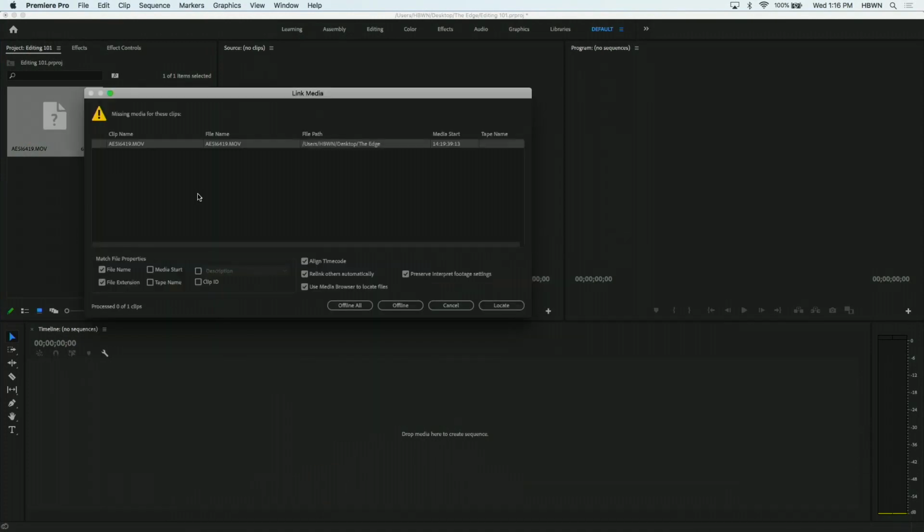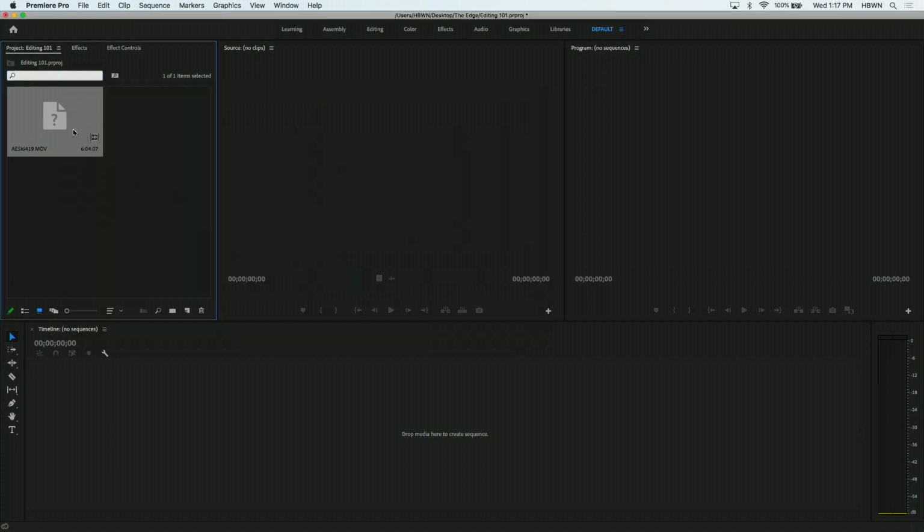So that's very, very important, especially when you're starting out. What happened is you told the program that this clip is located in this folder at this location. When I move that file to a different folder, the software can no longer find it. So it's saying, where is this clip located at? Okay, so that's very important. We have this happen all the time